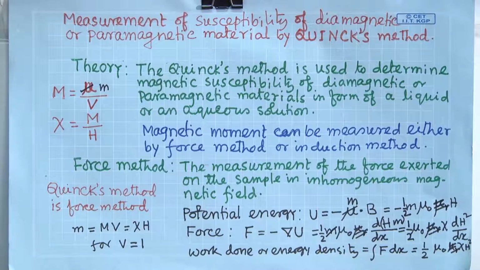So, this force depends on the magnetic field as a function of x. That means if the magnetic field is constant over a distance, there will not be any force. If the magnetic field varies over a distance, then